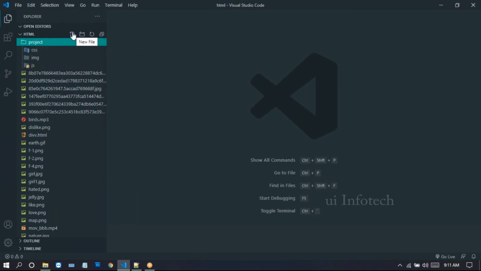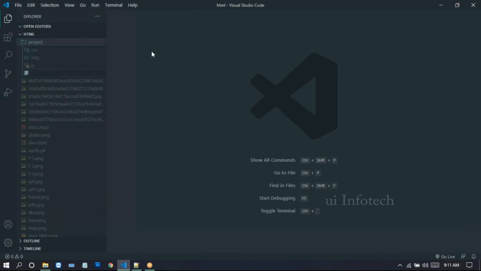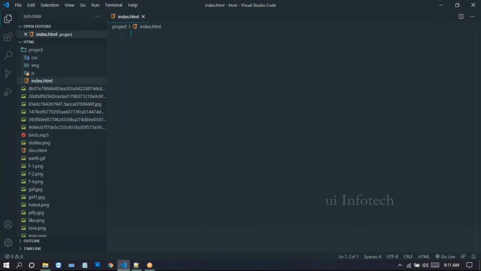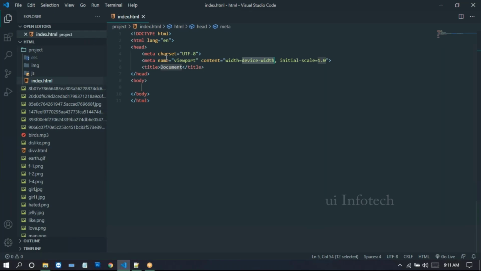Now open this Visual Studio. In this Visual Studio, we have this project, right? Here I'm just creating a new file, and here I'm creating index.html. Click on enter. Now the index file is created. In this index file, I'm just creating the program itself.